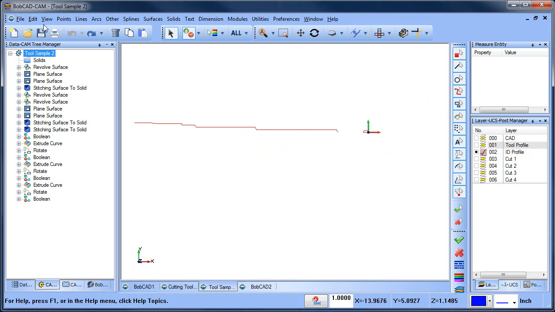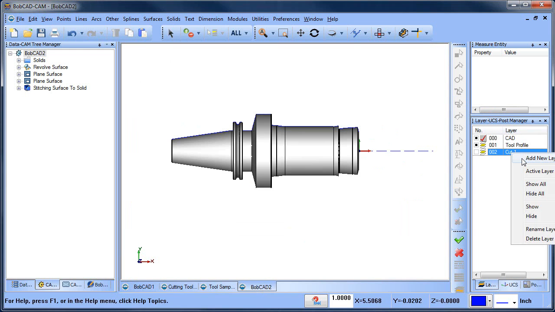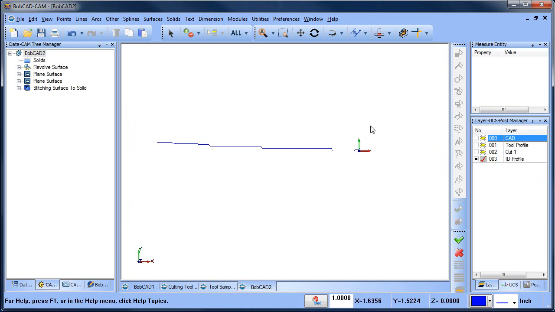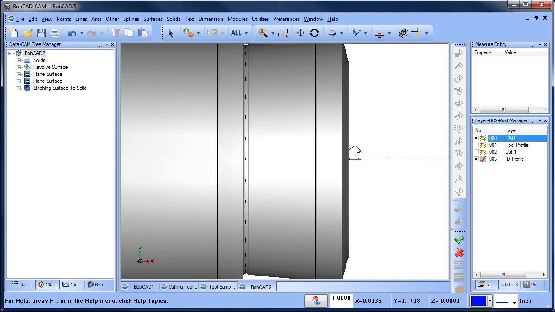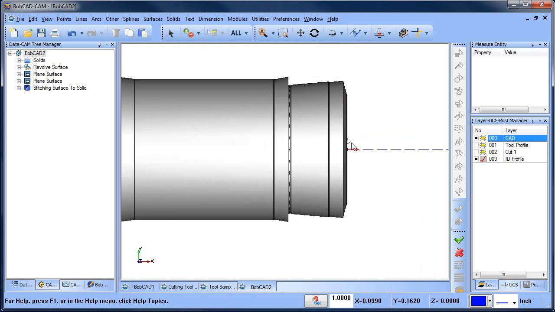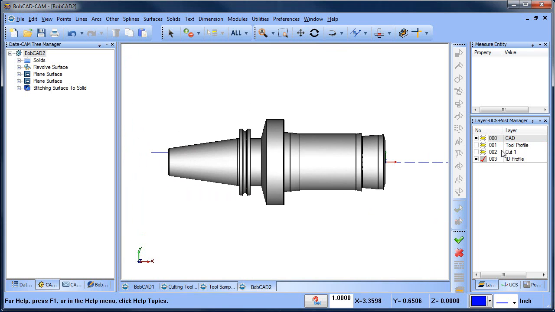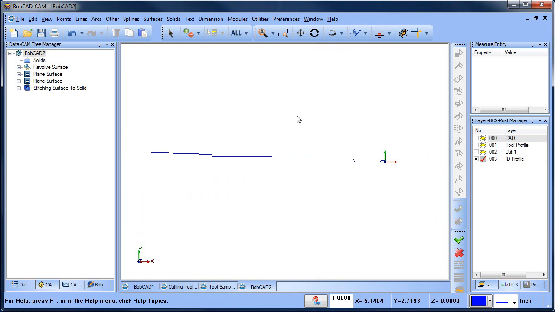Now the difference that I did with the ID profile here, if you see the model, what I did is I extended the end of it out. So it wasn't right on the edge of the part, I extended it out. I also did that on the little drill hole that's in the front here too. Okay. And the reason why I do that is when I revolve this,